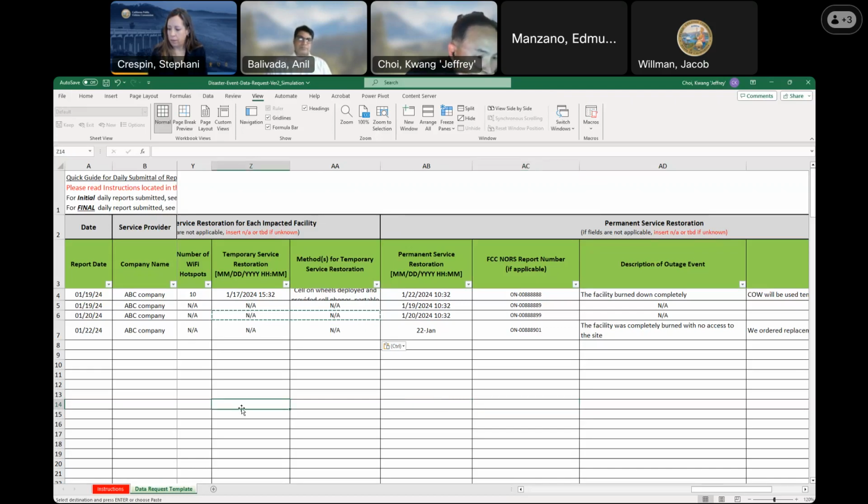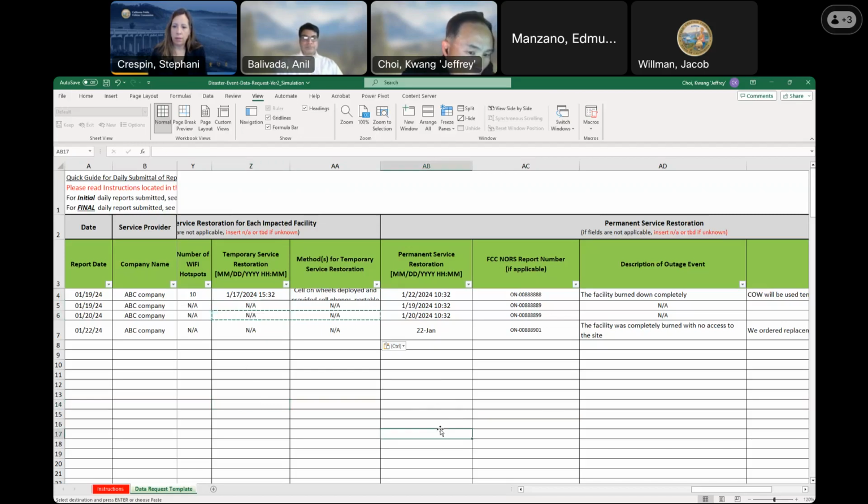Yeah. So for example, if one facility got burned totally, then you put a temporary solution like a cell on wheels, COW, here, then we can consider that the temporary service restoration.